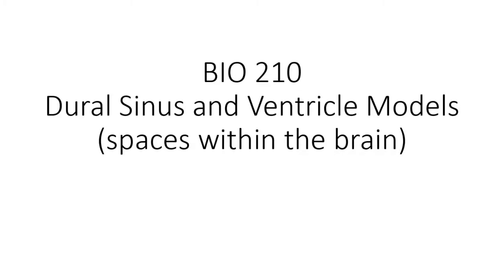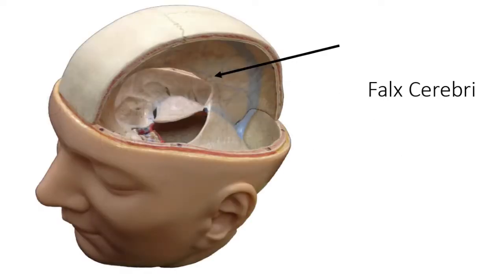All right, so again, not a lot of structures to know for this next part, for the dural sinus and the ventricles. We're just going to go over that real fast here. Does anyone have a page number they want to call out to me? 50. 80. All right, so in this model here,